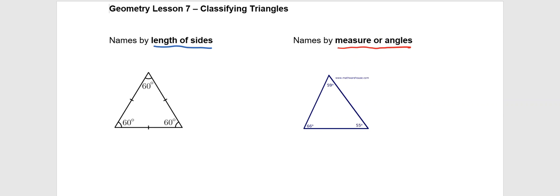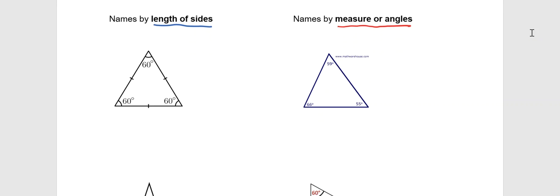So let's quickly go through. We'll start with the side lengths. And this triangle is probably the one that's most familiar to all of us because it has equal sides. And you can see it has equal sides because of the markings we see here. Okay, so this is referred to, as you should all know, as an equilateral